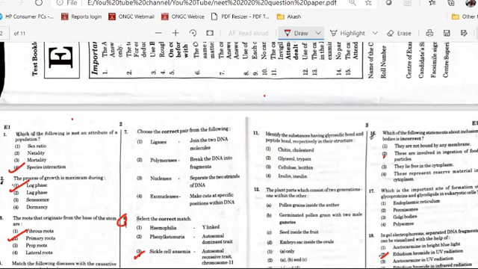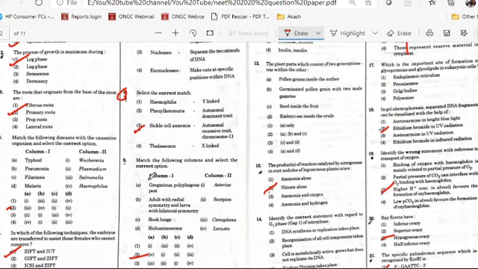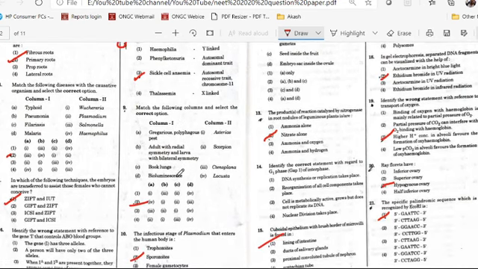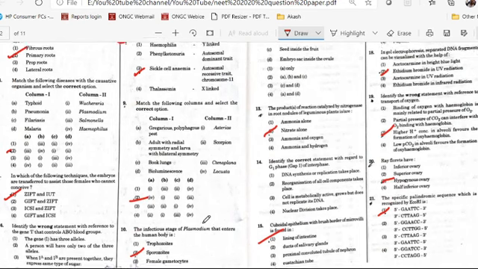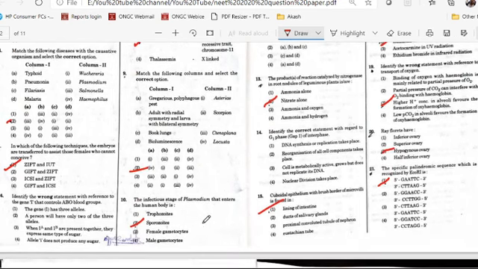In question number 7, in question number 8, the answer is option 3, the sickle cell anemia. This is the answer. In question number 9, again the column match, so here the answer is 2. You just have to match your answer with us. In question number 10, the answer is sporongitis, option number 2.